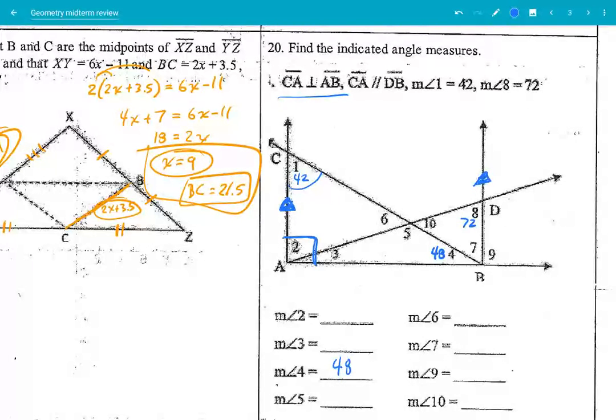Let's use these parallel lines. 1 has to be the same as 7, right? Those would be corresponding angles. So 7, not corresponding, alternate interior, which are congruent. So 7 is 42. And if that's 42,